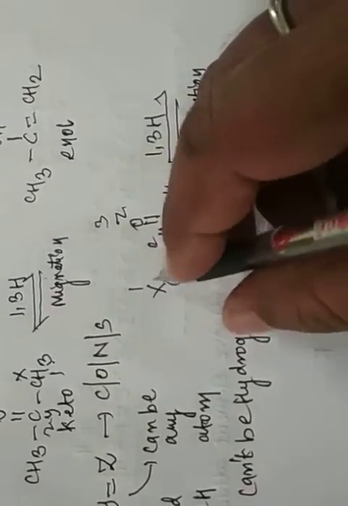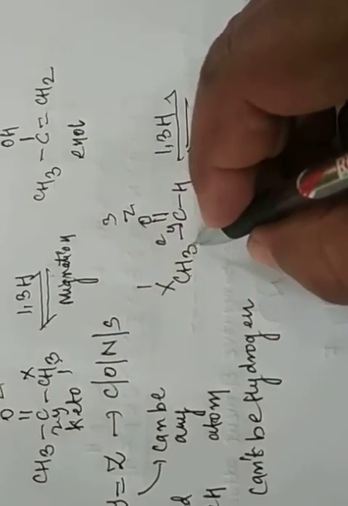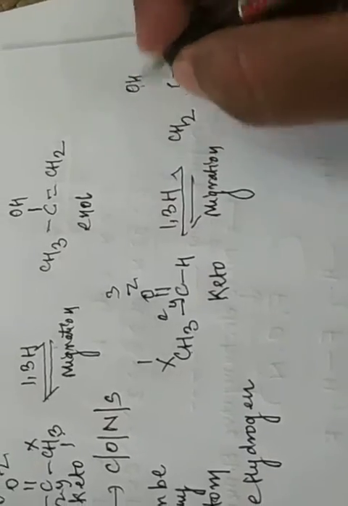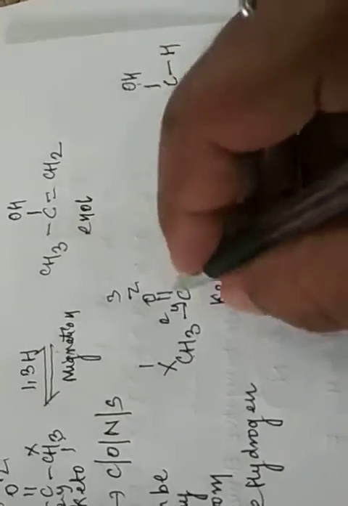So one position carbon attached with hydrogen, one hydrogen goes to oxygen, it means there is a CH2. There is a C, there is an OH and there is a H. There is no effect, and the double bond converted into single bond because this double bond shifted to this side. So this is again a double bond and OH group, it means enol group. Clear? Now the next case is what?